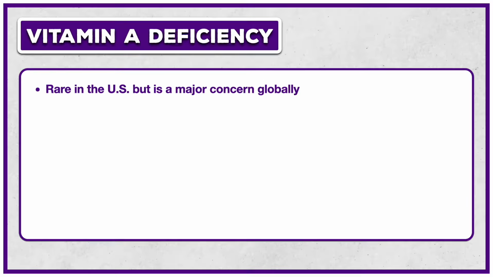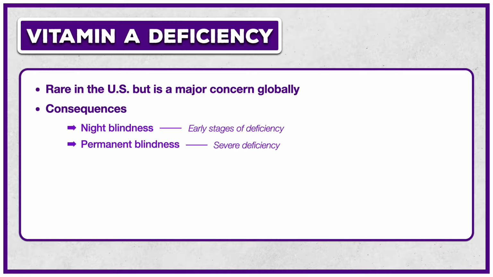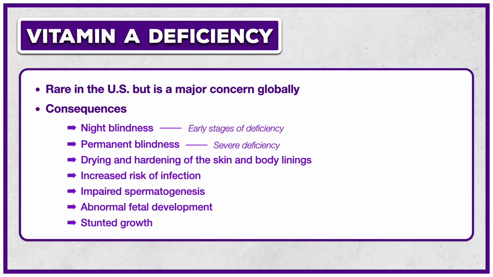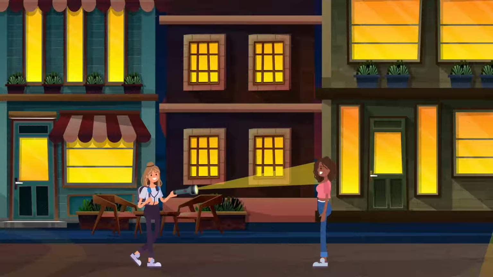Vitamin A deficiency is rare in the United States but is a major concern globally. Consequences include night blindness and permanent blindness in the early and late stages of deficiency, respectively. They also include drying and hardening of the skin and body linings, increased risk of infection, impaired spermatogenesis, abnormal fetal development, and stunted growth. Night blindness occurs when poor vitamin A status limits the amount of rhodopsin available in the